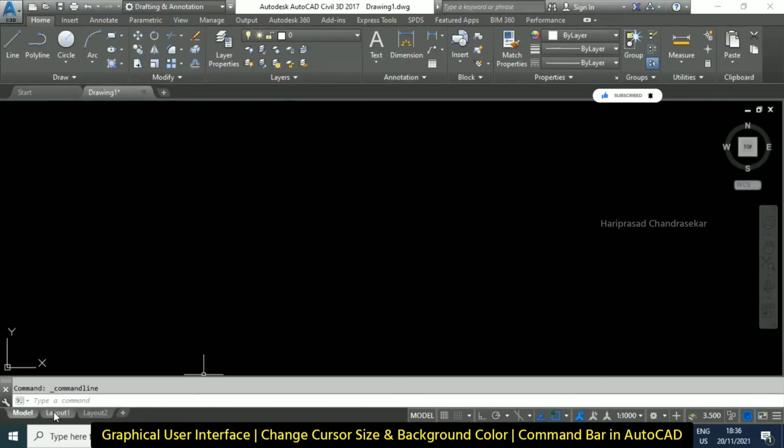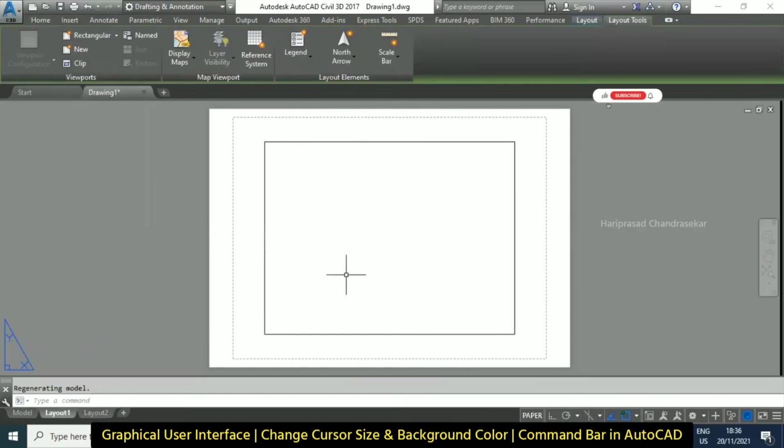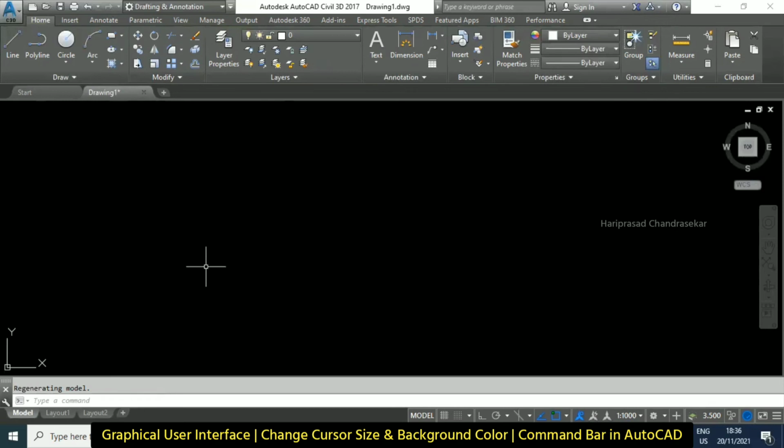Then we also have Model and Layouts. Why are layouts important? We can have multiple layouts for one apartment project. For example, in an apartment we will have multiple flats, and for each flat we can have a layout. But altogether, we are going to deal only with the model. Model space has unlimited space, it is like infinity, like our universe. Like how our universe is infinite, the model space in AutoCAD is also infinite. We can draw any kind of big structure, but you must have a good computer configuration. Only that is important.